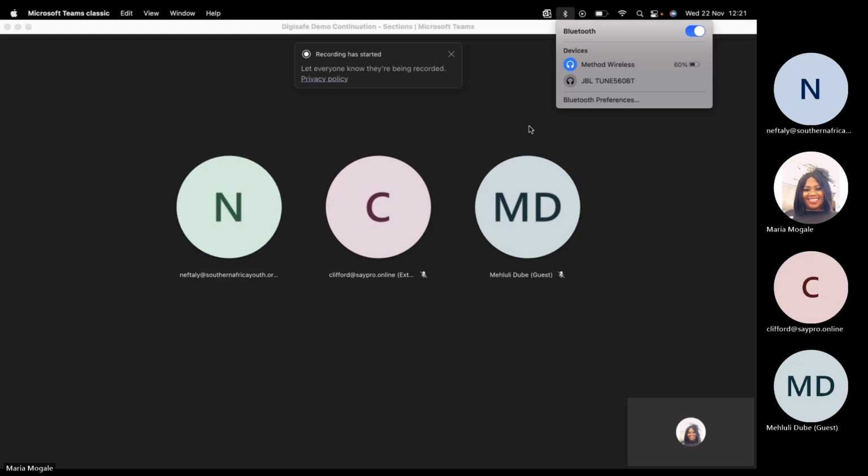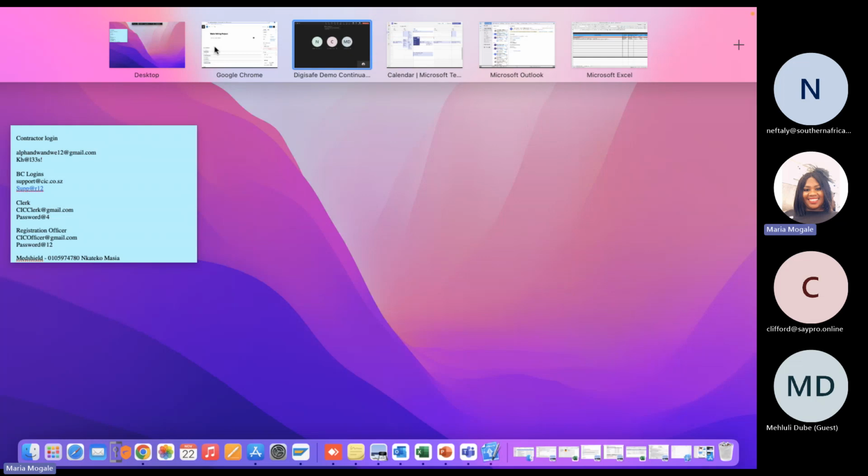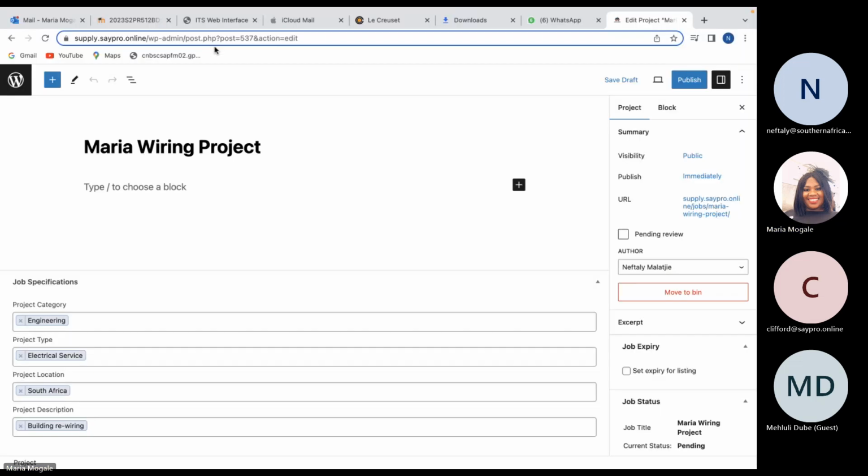Okay. Is there anything I need to do on the screen? Yes, you need to input a description, like an advert. No, you can just type. You see where it's written type? Type on top, Maria, wiring project underneath.